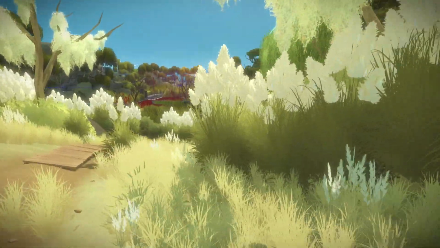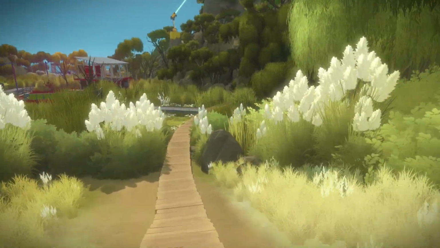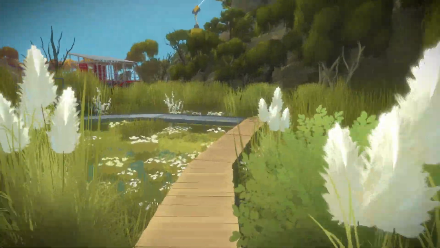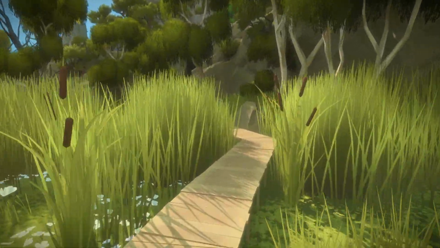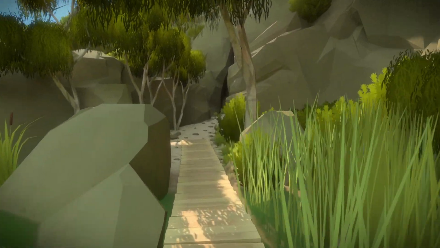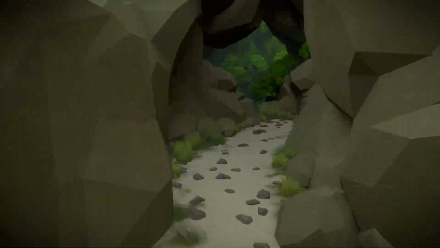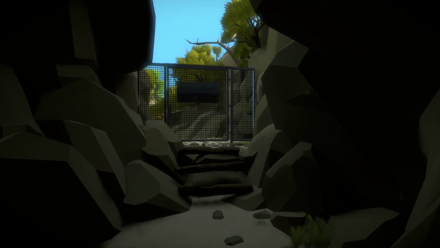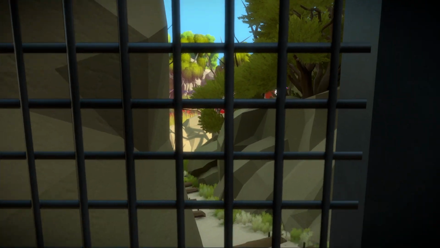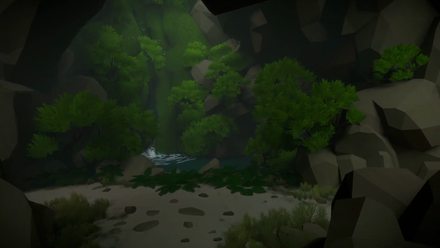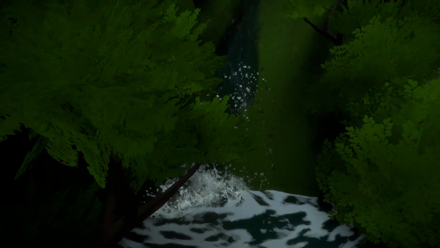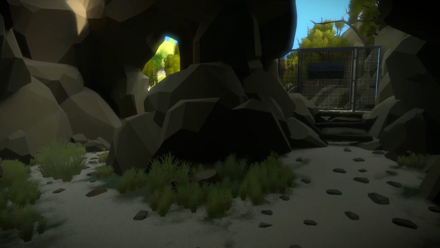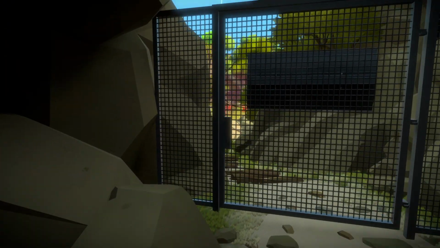How thick are these bushes? This is probably it. What? Oh, there was a path there the whole time. Where